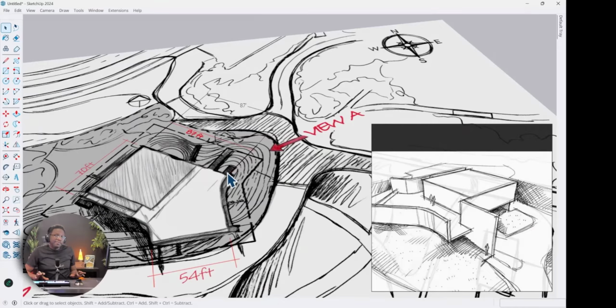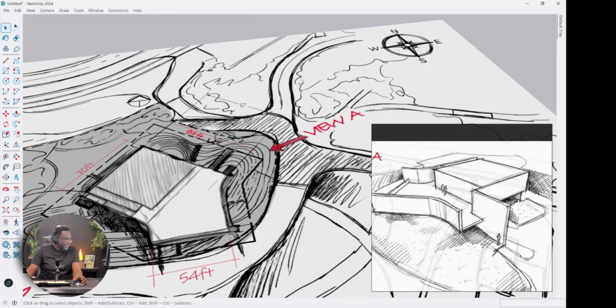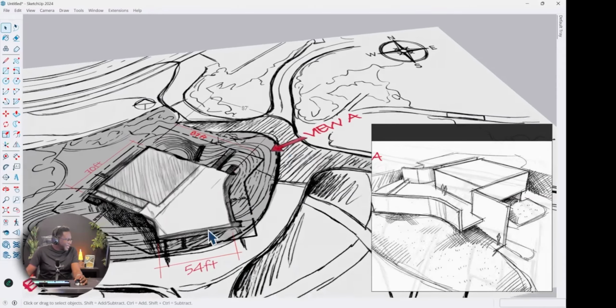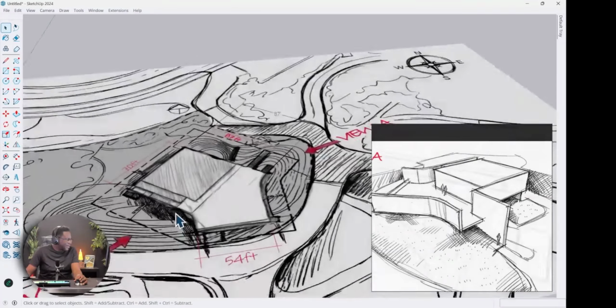Now, one of the benefits of sketching your idea in 3D is that you get to answer some questions that you haven't answered yet with the sketches. So for example, yes, we created this sketch, but there are still some questions, like what happens in this space over here, what happens under here. A sketch is the quickest way to get an idea out of your brain, but the 3D is going to be the best way to explore that idea that initially came out of your brain. So with that said, let's see if we can start the process.